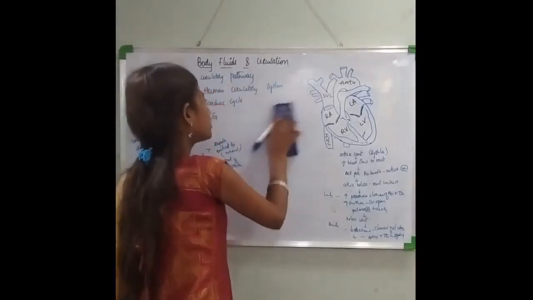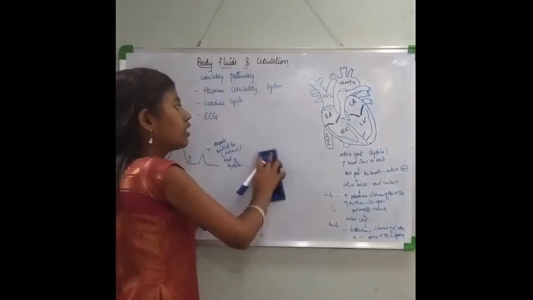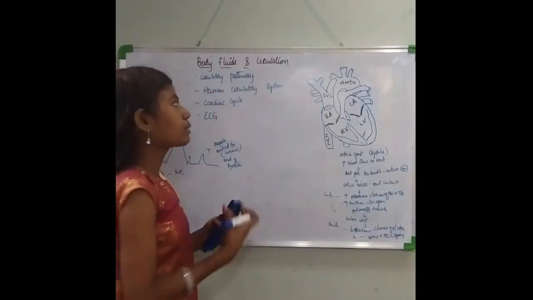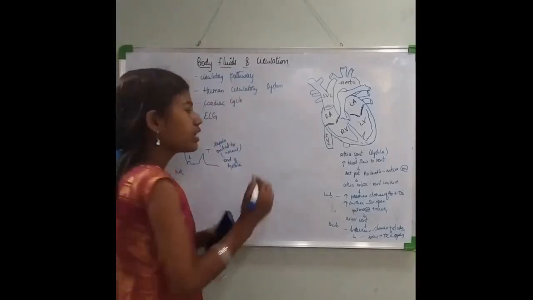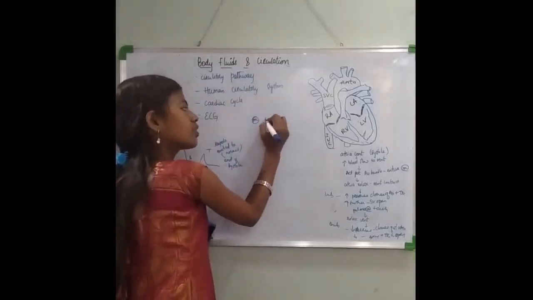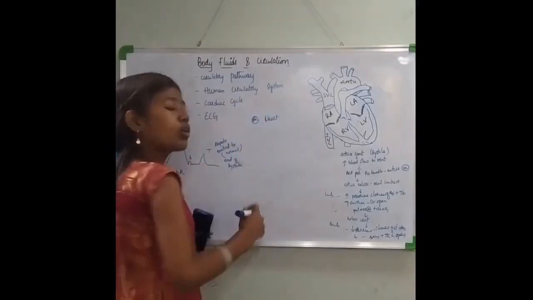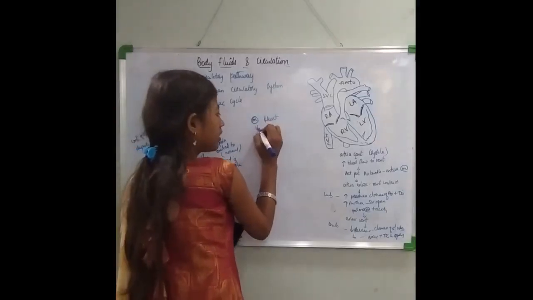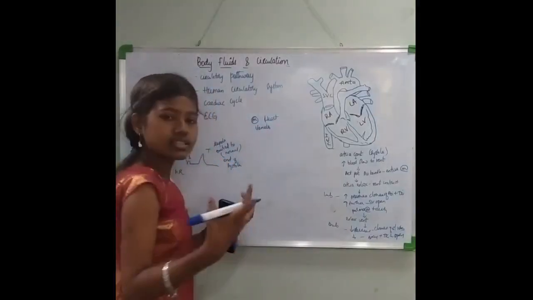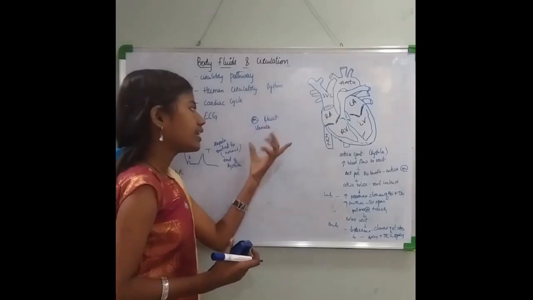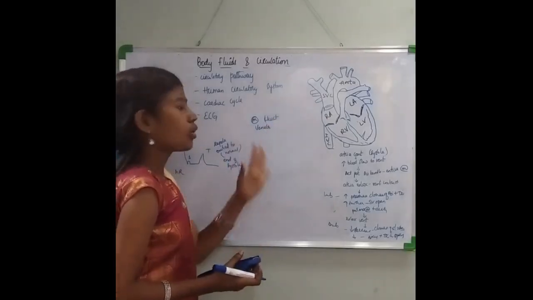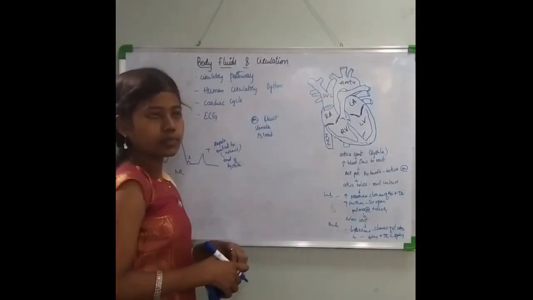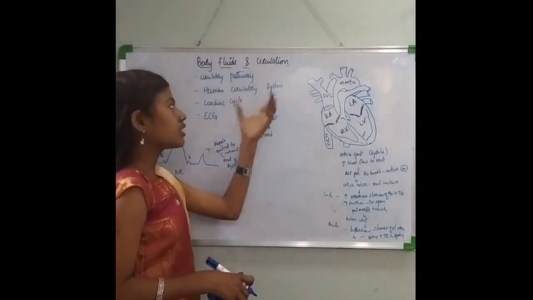Now let us talk about the human circulatory system. The human circulatory system is also called the blood flowing system or the circulatory pathway. It consists of a muscular structure called the heart, and it also has a closed network of vessels called the blood vessels, or circulatory vessels. It has a heart, it has vessels, right? Apart from this you have blood which is flowing through these vessels. So these are the contents of your circulatory system.